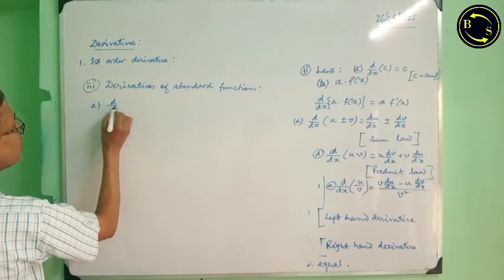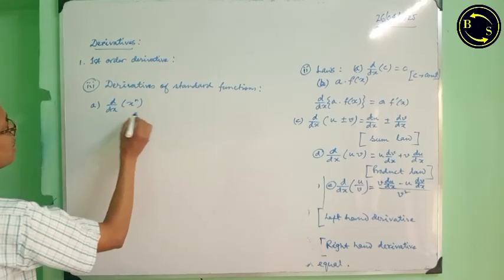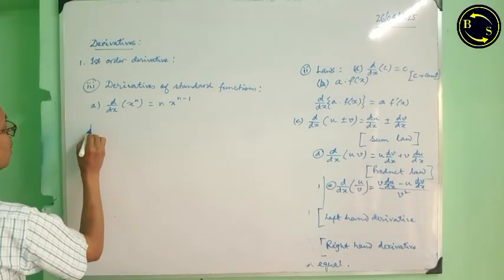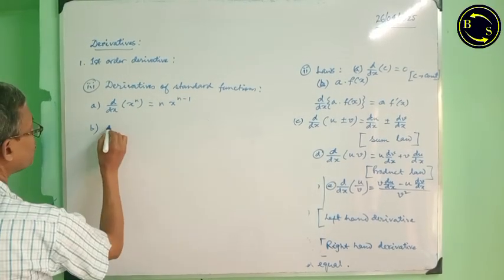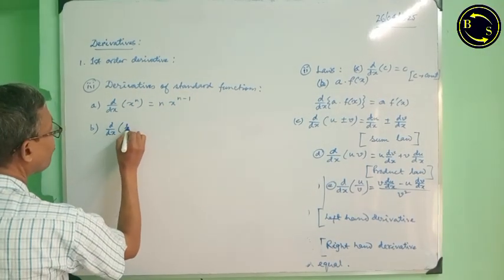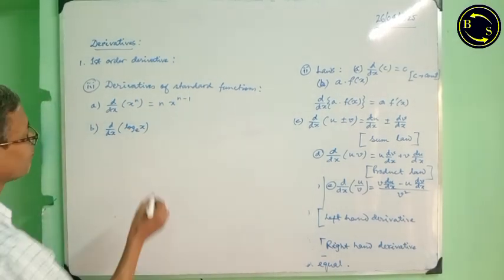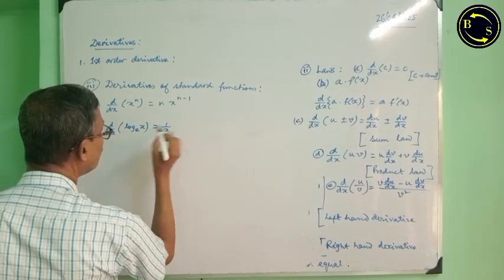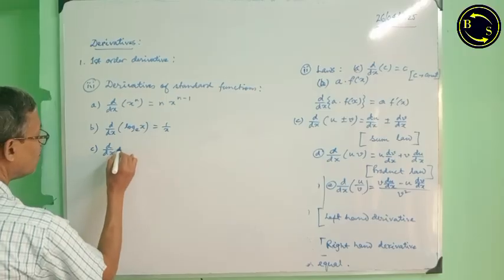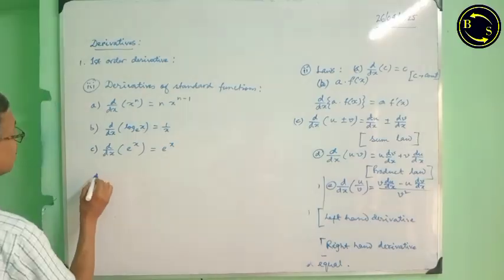First one, d/dx of x to the power n is equal to n x to the power n minus 1, d/dx of log function log x, d/dx of e to the power x, then